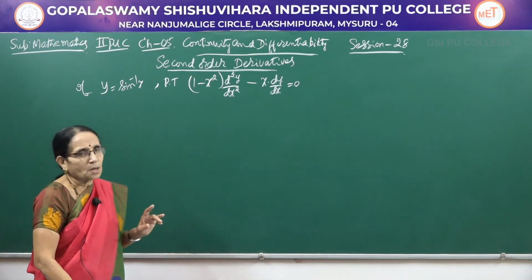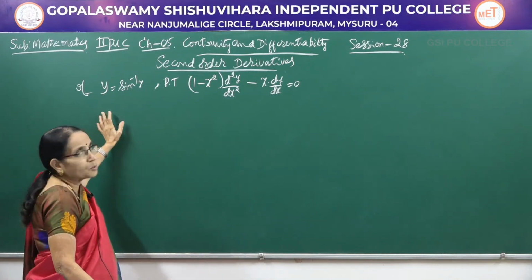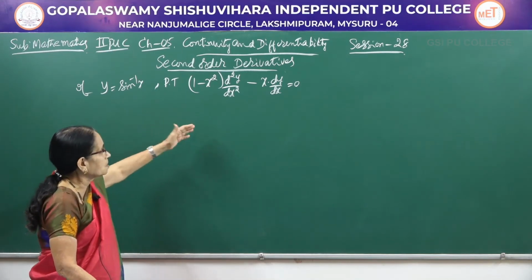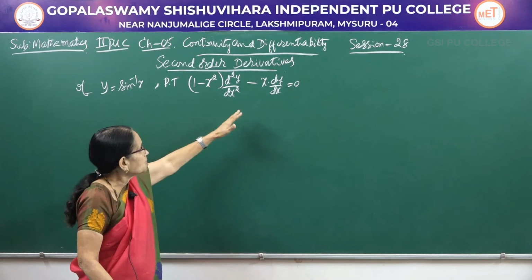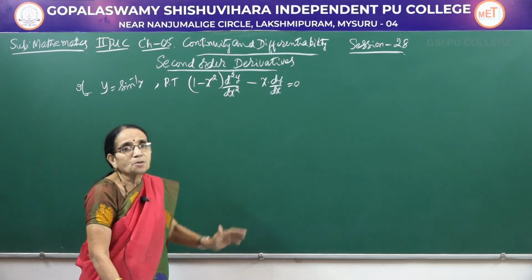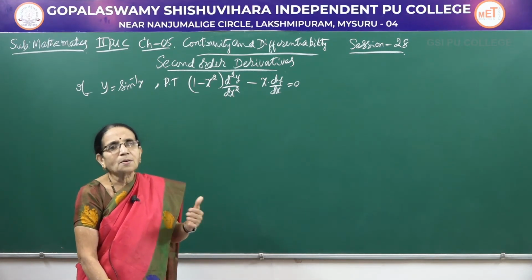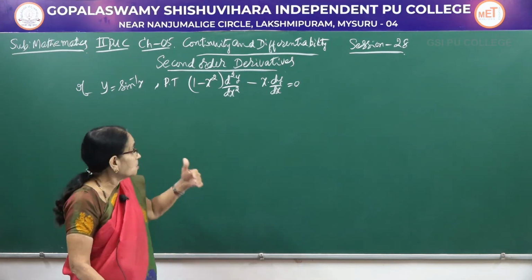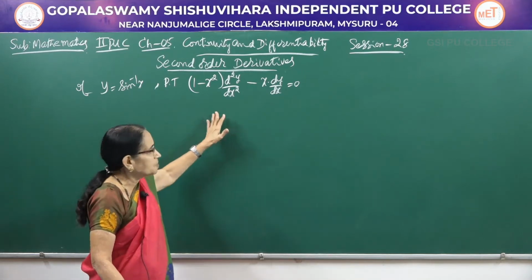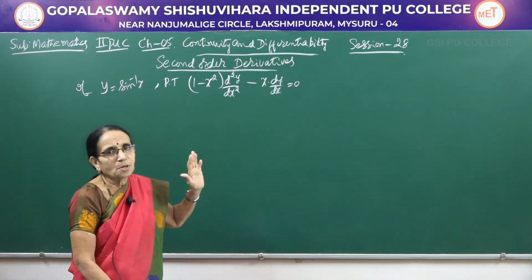See, there are two methods here. One method is you can get the second derivative directly: differentiate y with respect to x once, you get dy by dx, again differentiate, you get the second derivative. On the left hand side, we substitute for dy by dx as well as d square y by dx square, ultimately show that it is equal to 0. That is what we did in the previous session, because in that one, directly we could not get the result. Therefore, what we did was, we calculated the first derivative, second derivative, on the left hand side of the expected result, we substituted the values, and finally we saw that it was equal to 0.